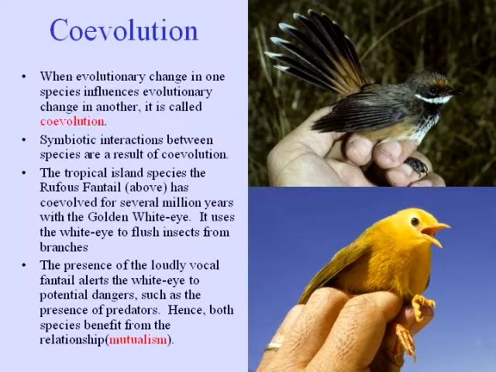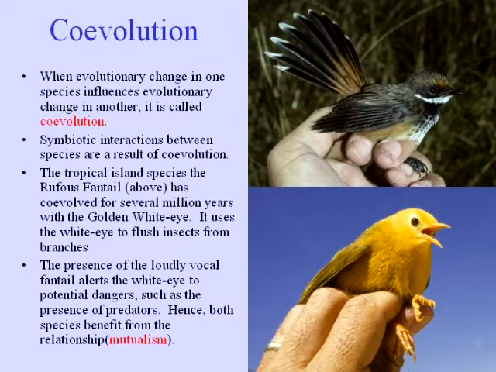from the tropical Pacific, two island birds that live together in the same rainforest kind of habitat. In this kind of a situation, we have the upper species, the rufous fantail, which is named the fantail because of that wide-spreading tail that they have got. They often fan it out like that, in fact. And the other species is the golden white-eye. Now the golden white-eye is a little bit bigger,